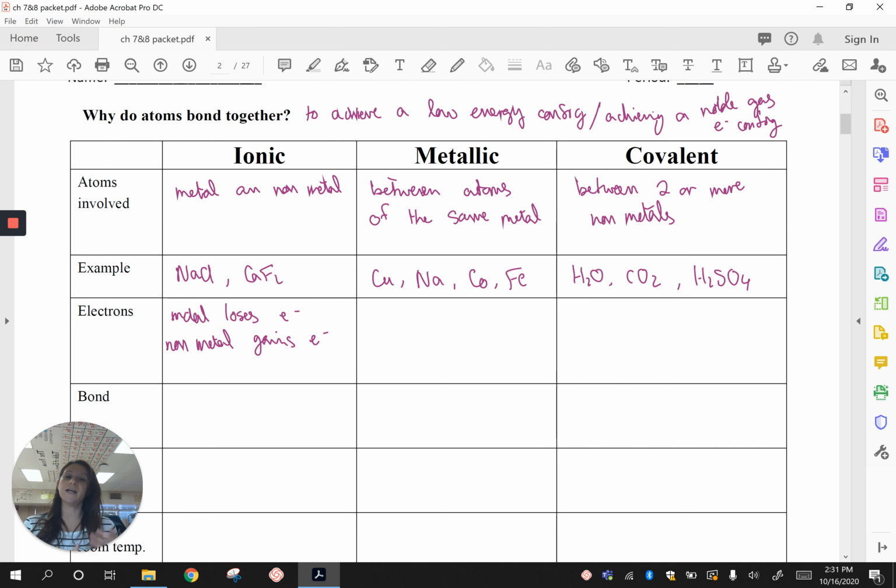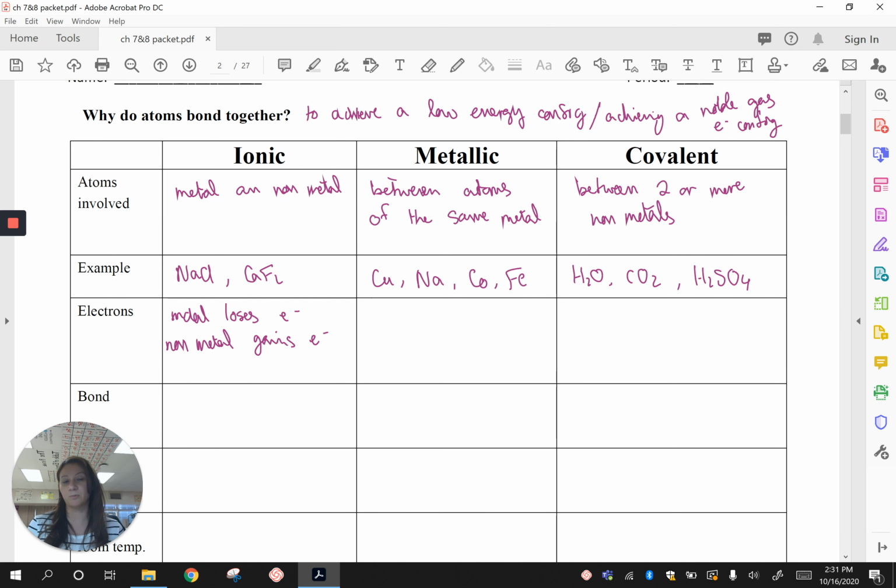Nonmetals are the opposite. They have a lot of valence electrons. Most of them have 5 or 6 or 7, and so it's much easier to gain a couple of electrons than it is to lose a whole bunch to become like noble gases. So metals want to lose their electrons, nonmetals want to gain electrons. So that's perfect. When you put a metal with a nonmetal, the metal will get rid of its electrons to become stable. The nonmetal will gain those